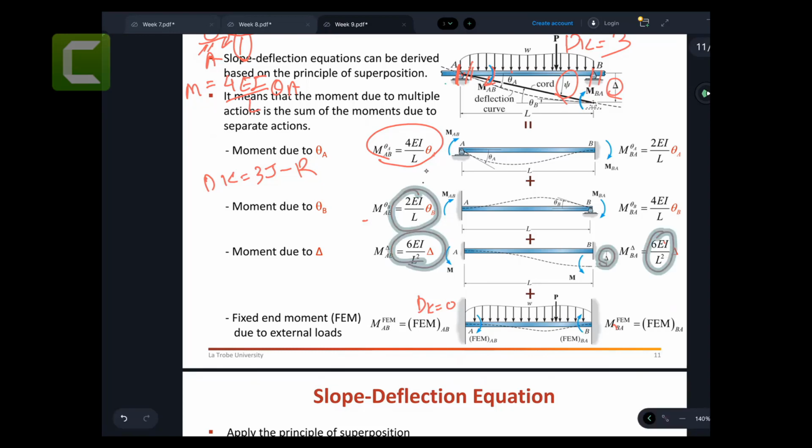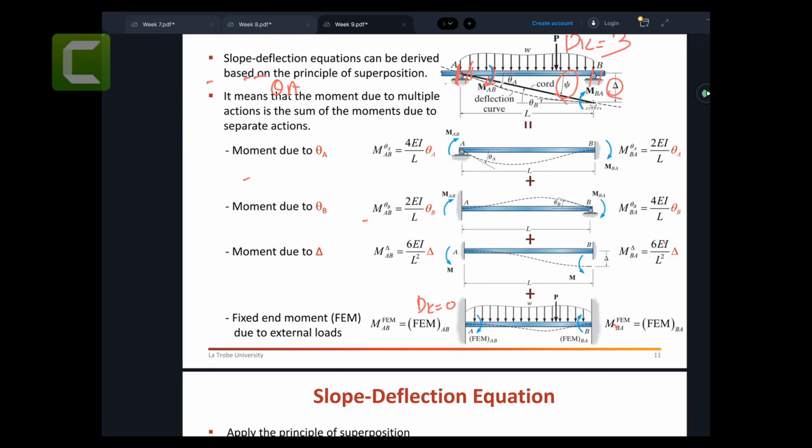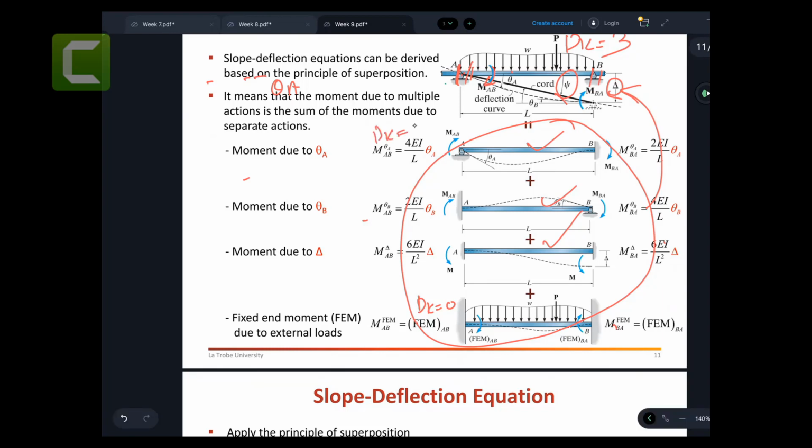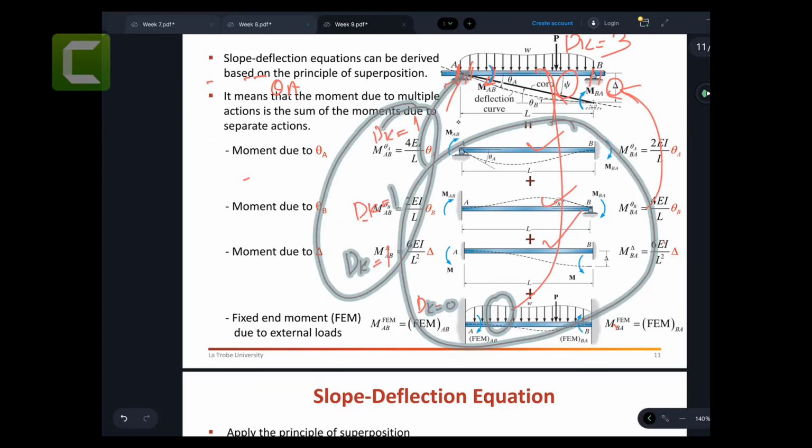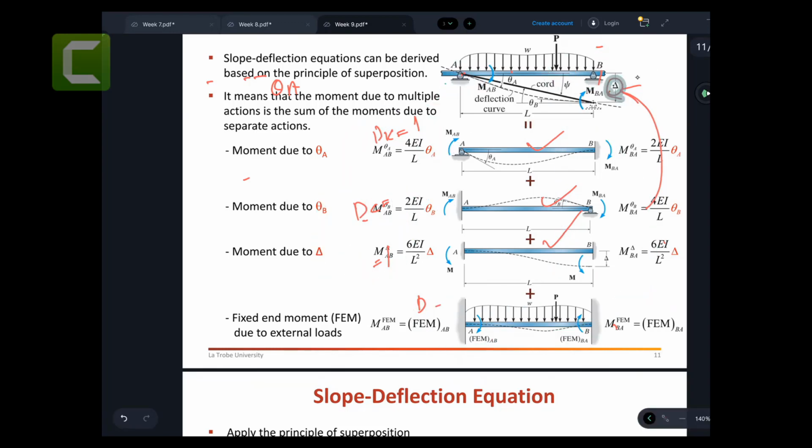Now, I did not put those forces, the real forces here, because we already put this one. So if I superpose all of these, if I add all of them, I will get the real structure. Do you agree with me? Because the kinematic degree of indeterminacy is 1 here, 1 here, and 1 here, so all 3 add up to 3. All real loads here. Right, so if you superpose these, I can get my real structure, which has